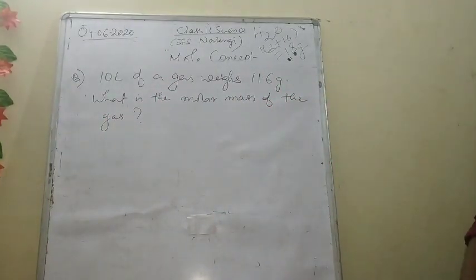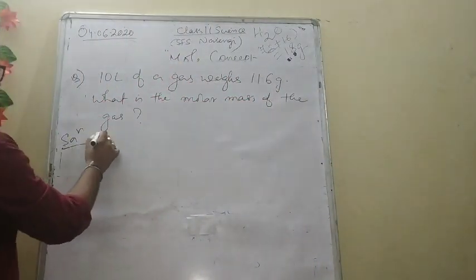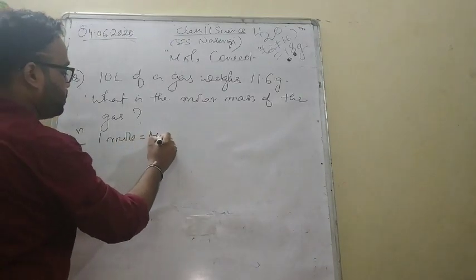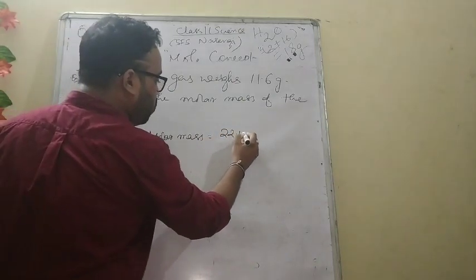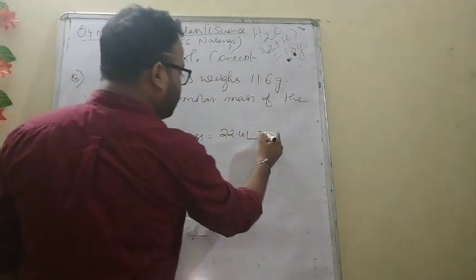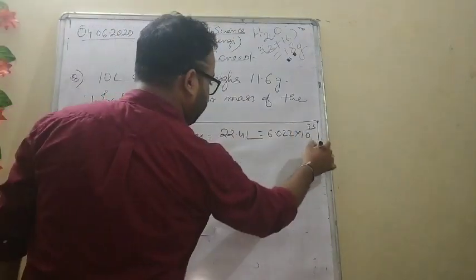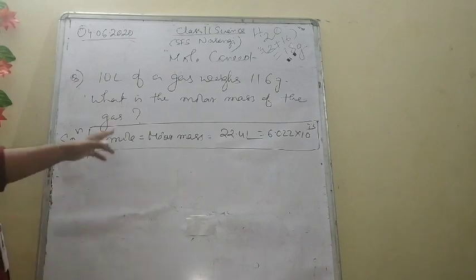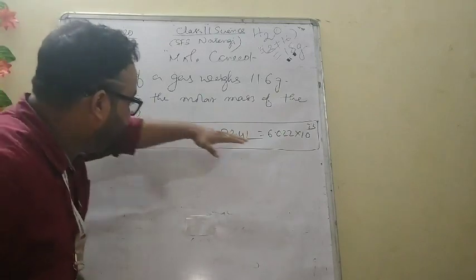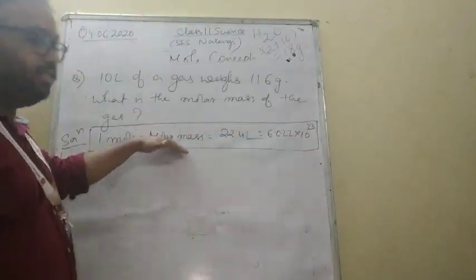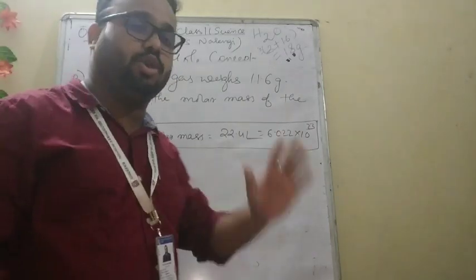Now how to solve? Mole concept, what do you mean by mole concept? 1 mole means molar mass. Again 1 mole means 22.4 liter. Again 1 mole means 6.022 into 10 to the power 23 atoms. This is the statement of mole. So 1 mole is equal to this, 1 mole is equal to this, 1 mole is equal to this. So this is also equal to this. This is also equal to this. This is also equal to this. All these 4 are equal in themselves. समझ में आया? All these 4 are equal in themselves.